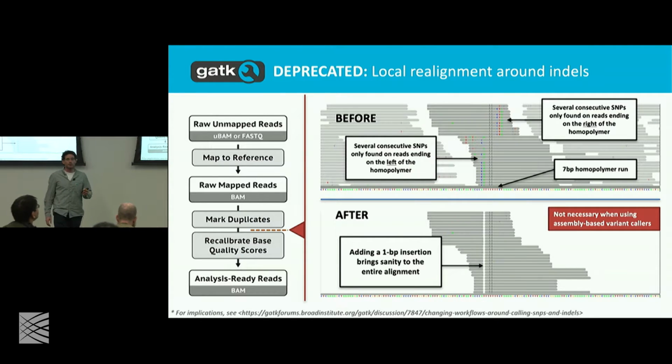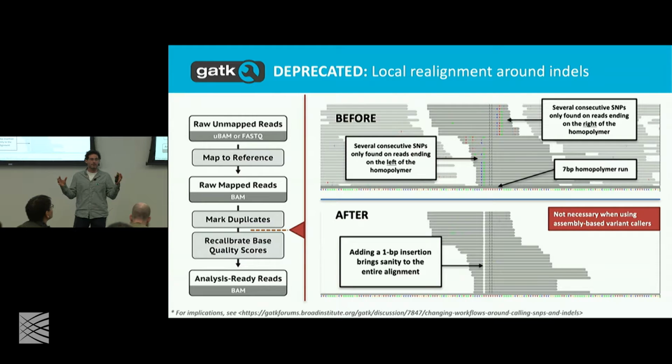Basically, this is a tool that was important for pileup based variant callers. So variant callers that don't know how to realign the reads just look at every locus and say what bases are here, what bases are here, what bases are here on each pileup. And for those, you can have effects like this where the aligner is confused. You can see that the aligner put in things that look like SNPs. So if you were naive, you would say, oh, there's lots of heterozygote